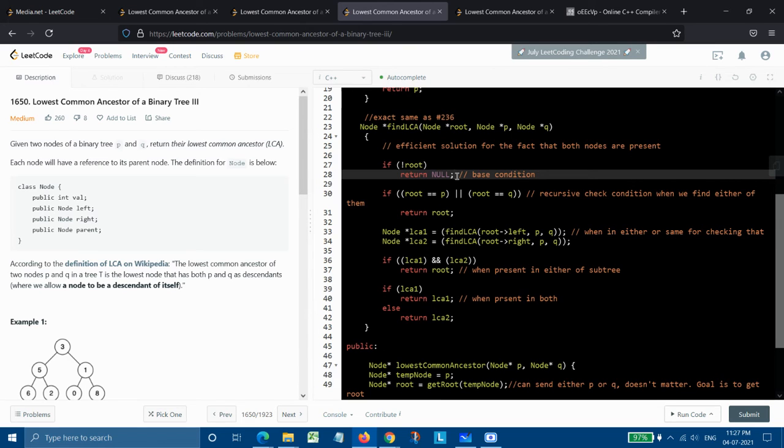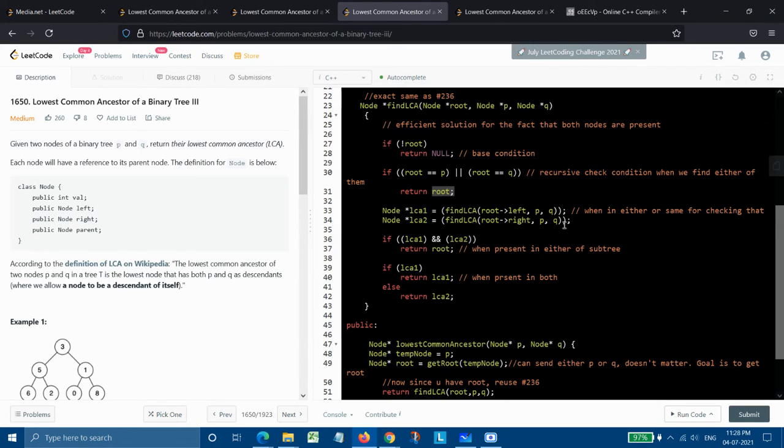And here we are having four choices. When root equals p or root equals q, meaning root equals either of the nodes, then we simply need to return the root, because at this moment we would be having the linear lineage of both of the nodes. So either one of them would be our answer. The answer would be that node only which is common to both of them and is lowest to them. Not lowest in terms of value, but lowest in terms of common nodes.